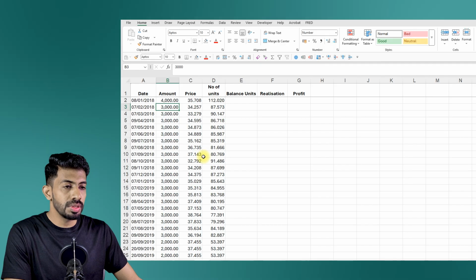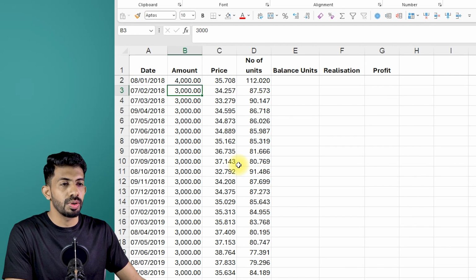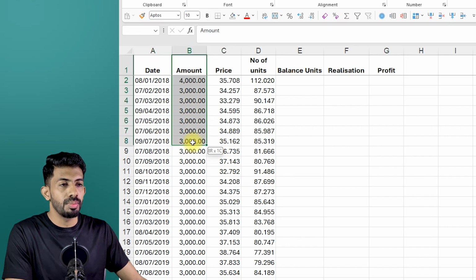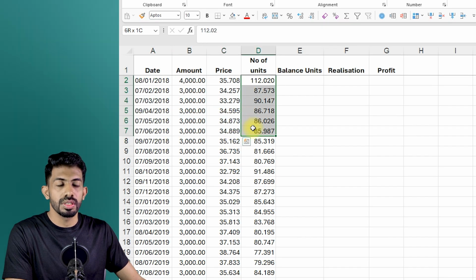Finally, if you are trying to harvest tax on your SIP investments, finding out how many units to sell can be a bit of a hassle. So we'll go through some of the workings. I have downloaded the transaction history of my SIP from the mutual fund portal, and after cleaning up the original download a bit, I was able to get this Excel sheet with these 4 data points. So I need the date, the amount, the price, and the number of units.